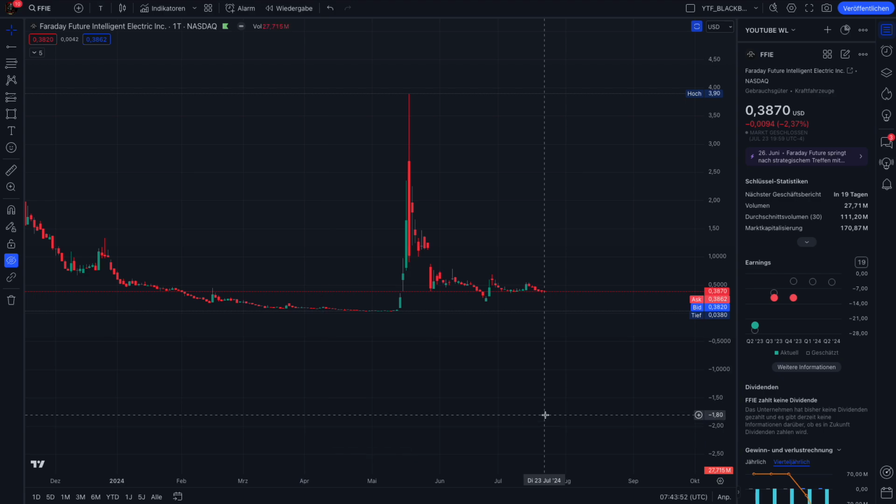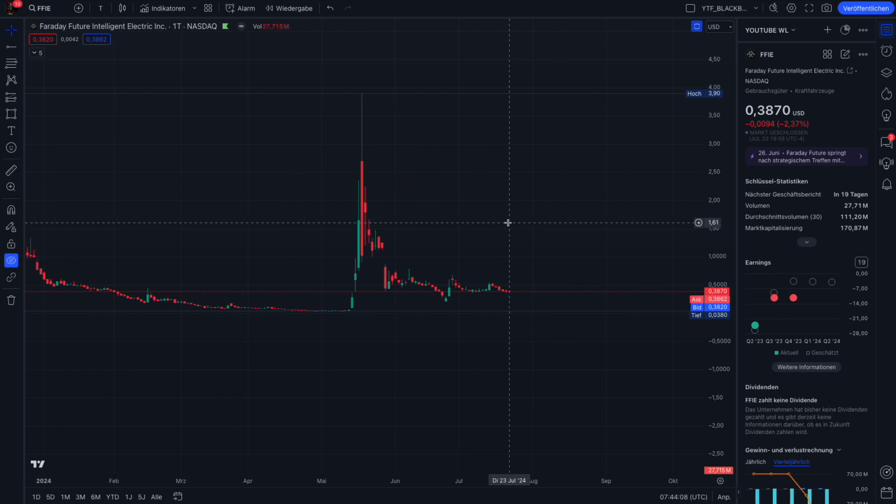Yeah guys, the countdown is running here for Faraday Future, ticker FFIE. So what that means, I will show you here the breakout price targets and also date targets in this video, guys. This is of course not financial advice, and being that said, let's start with the chart,